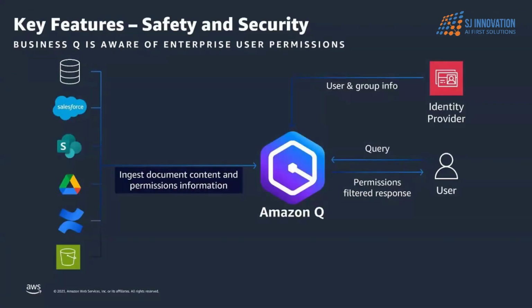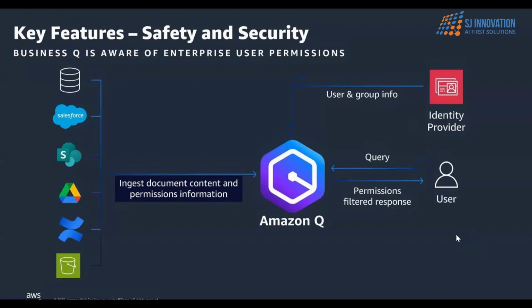Access control lists in Amazon Q. How does Amazon Q make sure that certain content is only allowed to certain people? On the left hand side, you see all the data sources, like the databases, Google Drive, Atlassian, Confluence, S3, everything integrated to Amazon Q. When you integrate it with Amazon Q, basically Amazon Q will crawl over all this data, similar to the crawler used by Google, and it will store all the data in semantic indexes so that later on it can be easily retrieved. And when it stores data into the semantic indexes, it will attach ACLs, that is access control lists, to the data,